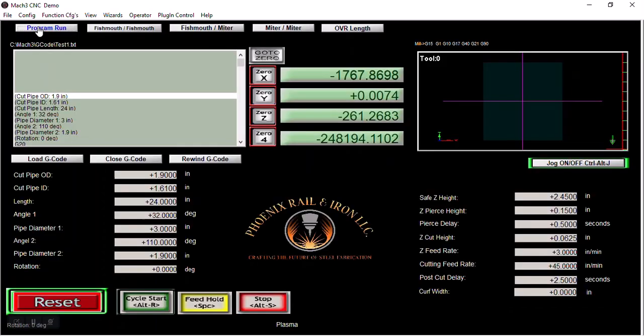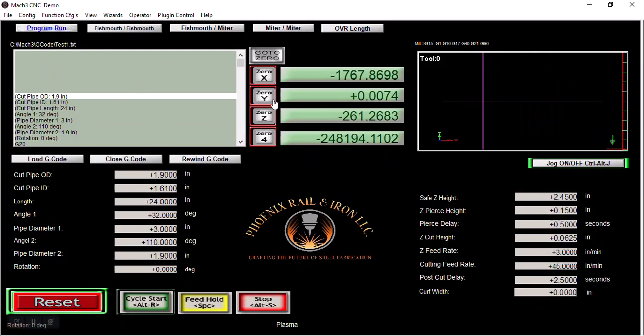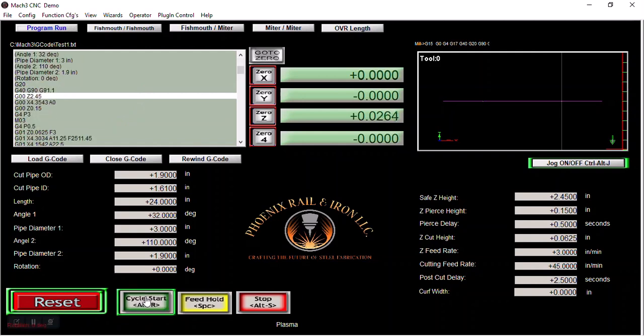The other thing that it's done is it's automatically loaded that program into the program run screen. And at this point, if your machine's all set up and you want to go ahead and run it, all that you do is click start cycle, and it runs through and obviously goes up to the safe height position,